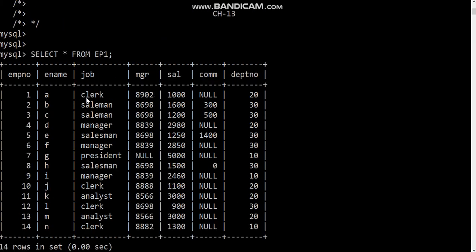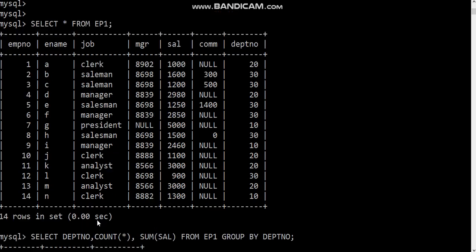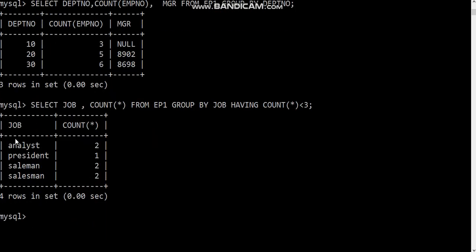See, how many clerks are there? 1 2 3 4. So it will not show any clerk here. Okay, so if the count is less than 3, then only it will show the job names and their count. Okay, I hope it is clear.